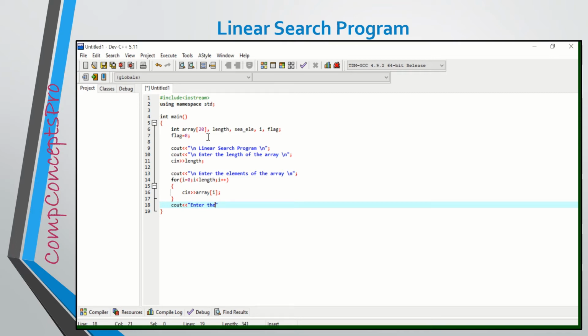Next, I will ask the user to enter the element that the user wants to search. This value will be stored in the variable sea_ele, which is the short form for search element.